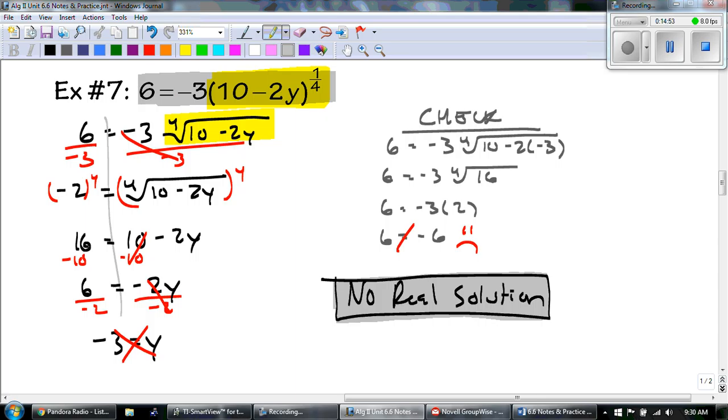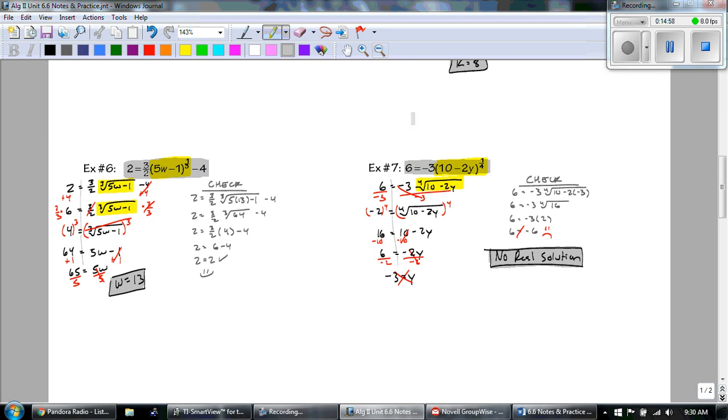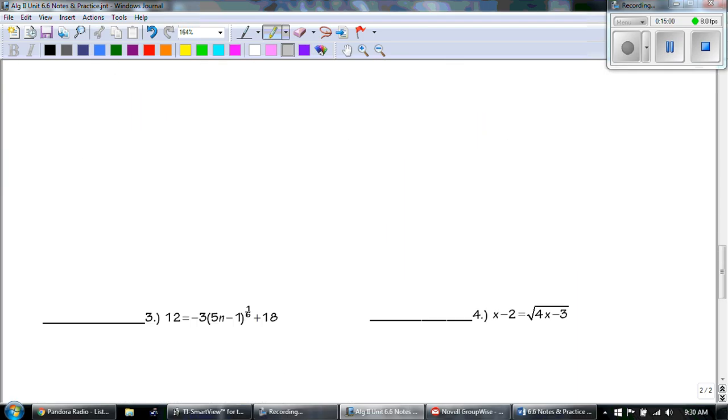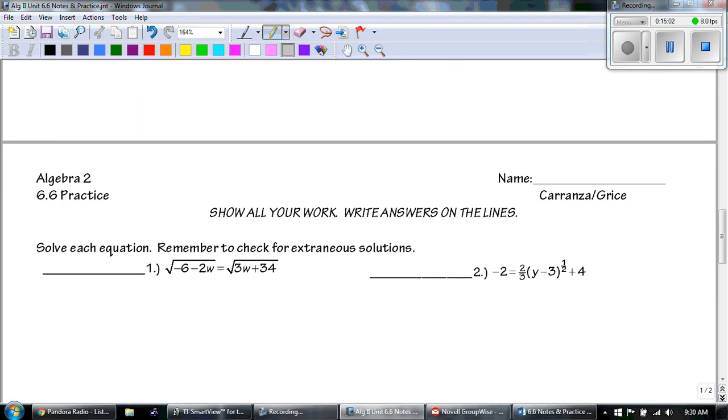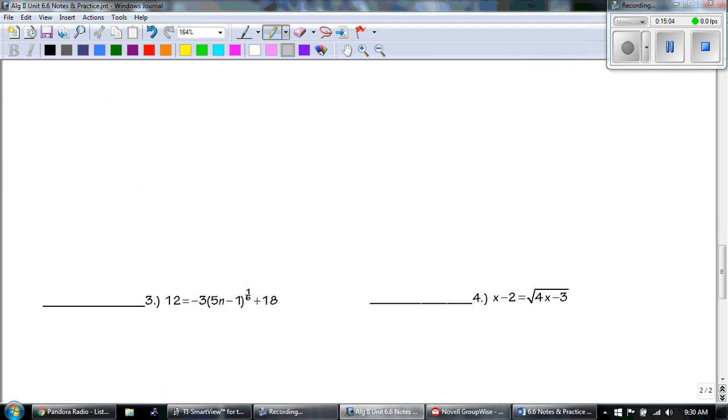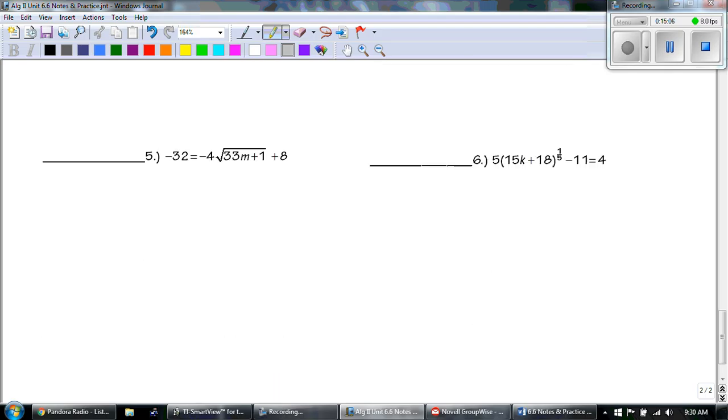Your homework is 6.6 practice, which is just on the opposite side of your notes, right here. Okay? Which is a review of a lot of different solving. Okay, so